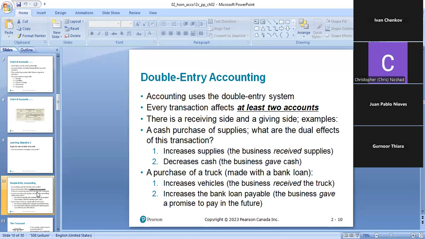So every transaction is going to affect at least 2 accounts. Can it affect 3 accounts? Yes. Can it affect 4 accounts? Yes, it can. There will be a receiving side and a spending or giving side. For example, one will be the